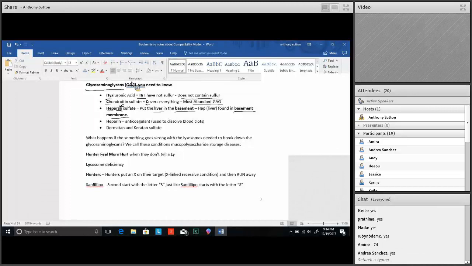Okay, now watch this next one. Heparin is not R-A-N. That's just the anticoagulant. Okay, good, Satara. Satara, you can remember that, huh? All right, so heparin is just an anticoagulant, the one we use to dissolve clots. Now, anytime you see the word derm or keratin, what automatically comes to your mind? Derm, keratin, what do you